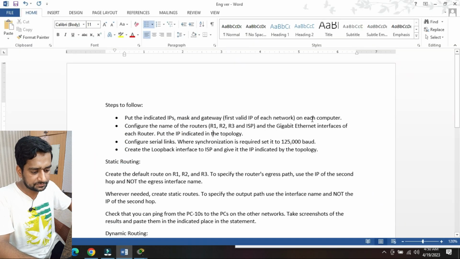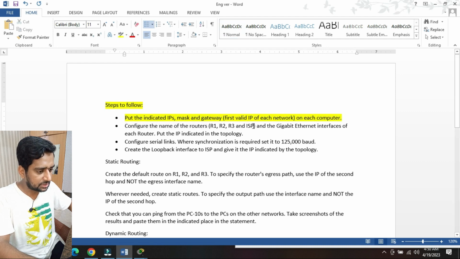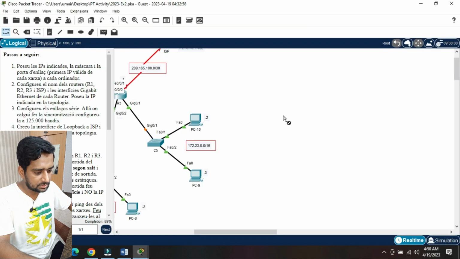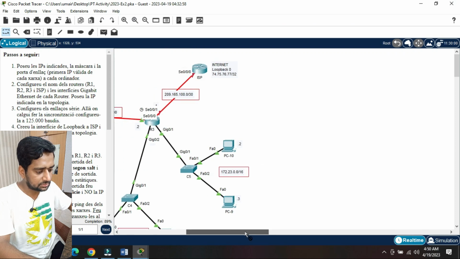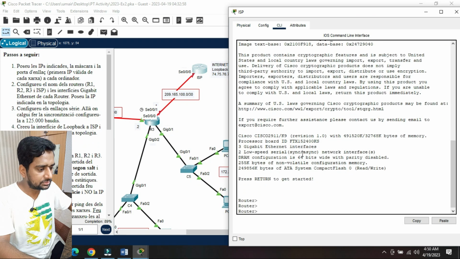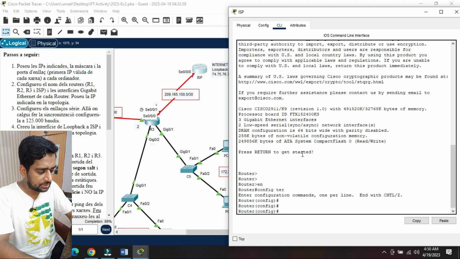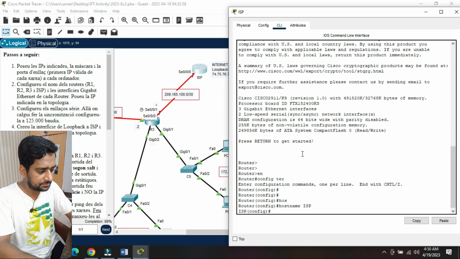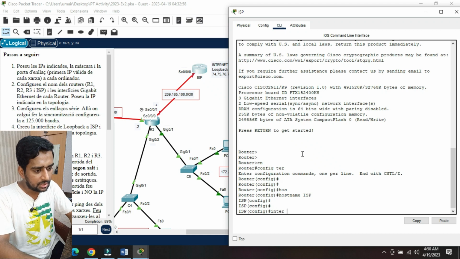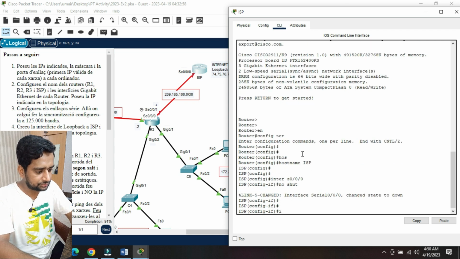The next thing, we just configure the IP addresses on the computers and configure the names of the routers R1, R2 and ISP. So this ISP is pending. We are on the ISP router now. Go to the CLI, enable, go to the configuration mode and set the name. So the hostname will be ISP and the interface is serial 0/0/0, no shut,